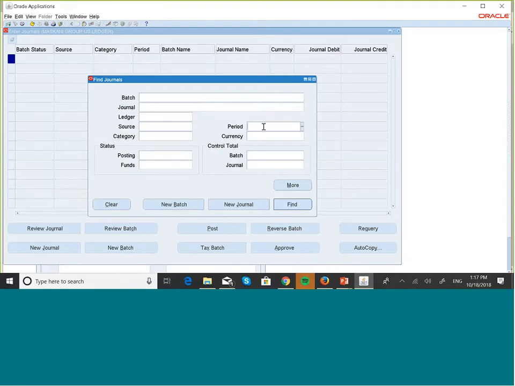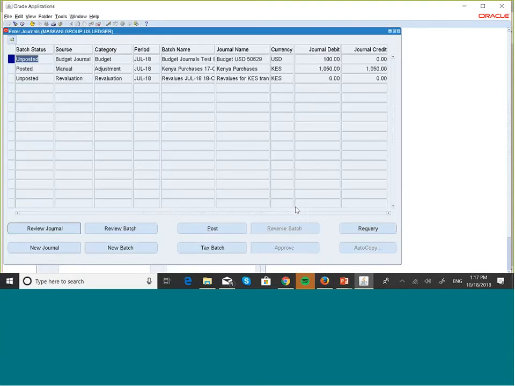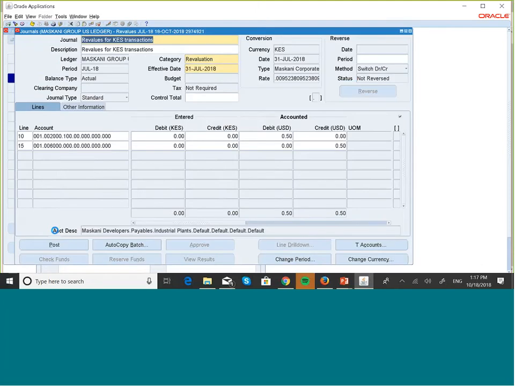The period should be July. There are not many journals in July. So let's see the revaluation. Let's review the journal. And you can see here for the entered